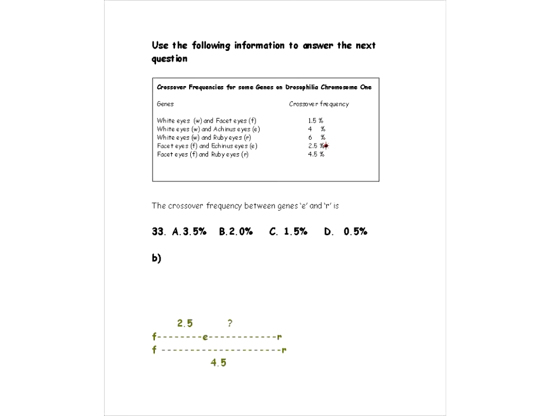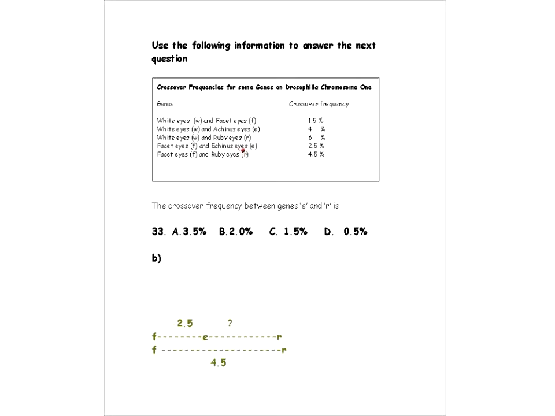Okay, this one here is talking about crossover frequencies. And you might remember that we have to make up maps when we've got these different frequencies. It says the crossover frequency between gene E and R. So when we look at the information here, we can see that gene F and R have this percent crossover frequency, and we can see that F and E have this percent crossover frequency. Well, remember, the further apart two genes are, the higher the crossover frequency is. So what this means is that F and R must be further apart, and E must be somewhere in between F and R.